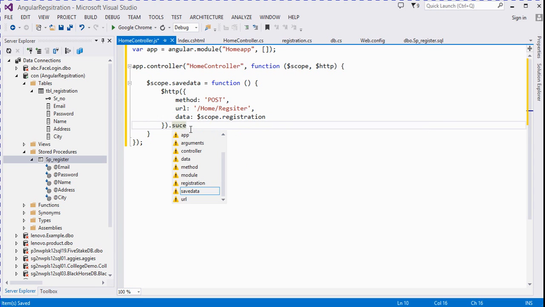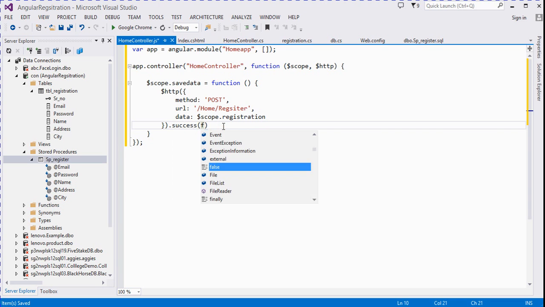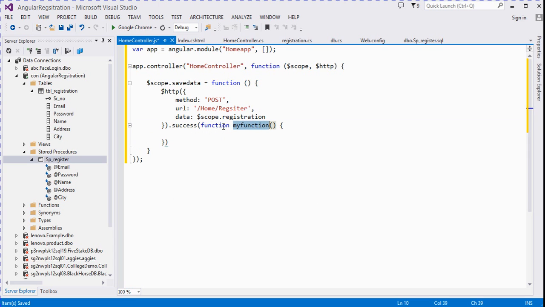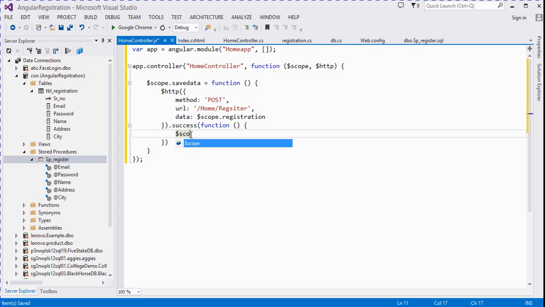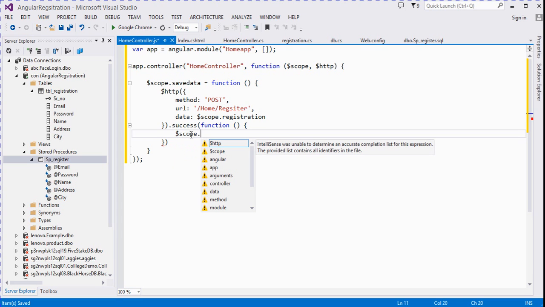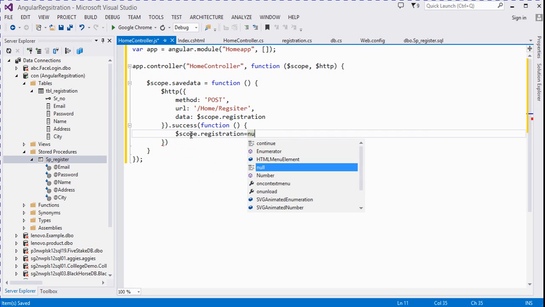Now on success, with all their values, registration equal to null,